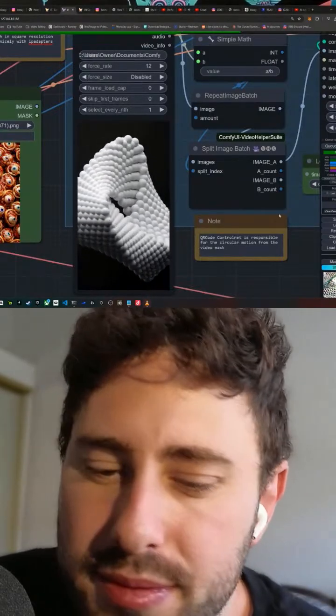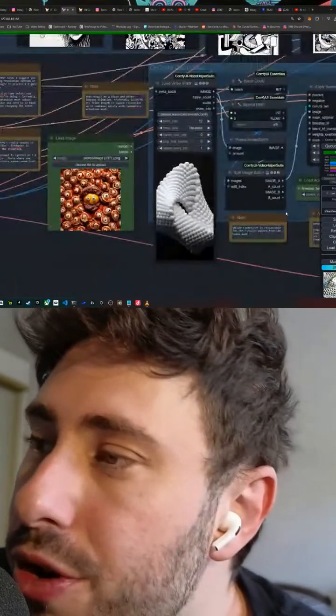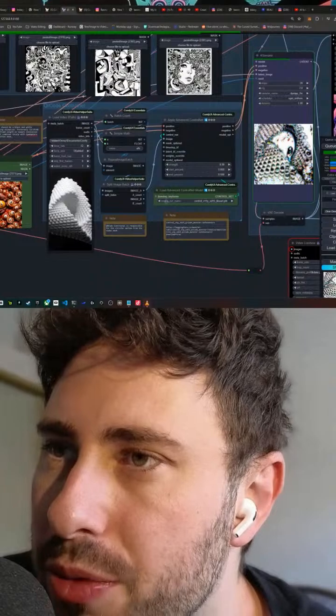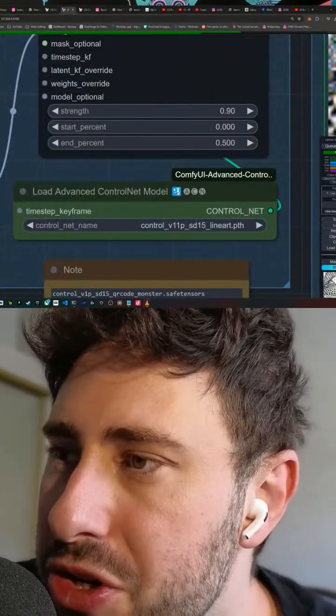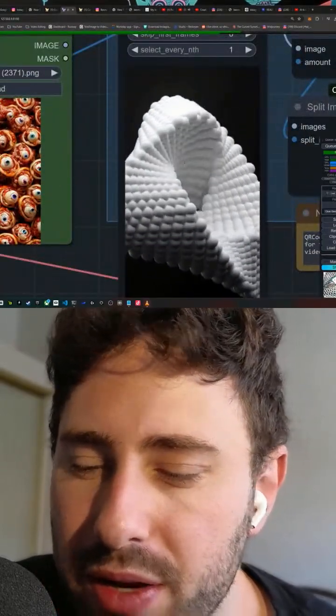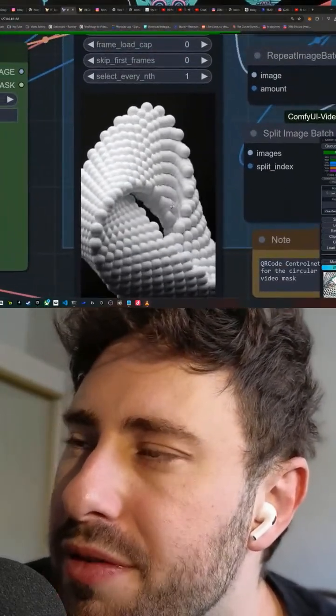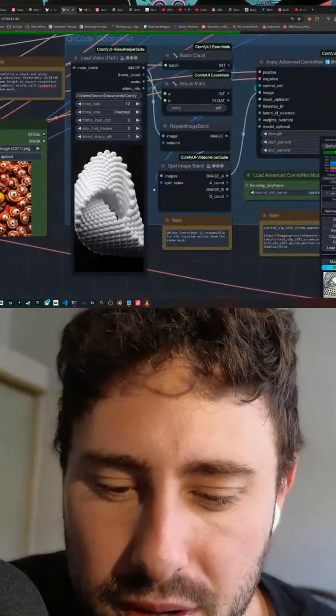Yes. No, they don't have to be straight up black and white. That's the beauty of control nets. It can still extract the information it needs as far as like the contours, and it doesn't need to be in black and white. It helps if it's in black and white. I find that it helps a little bit with the generations.